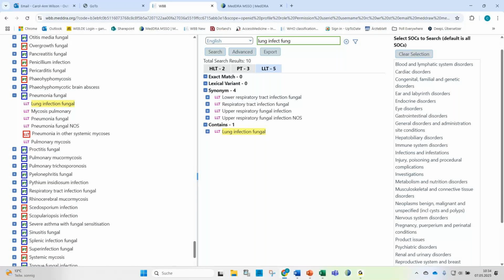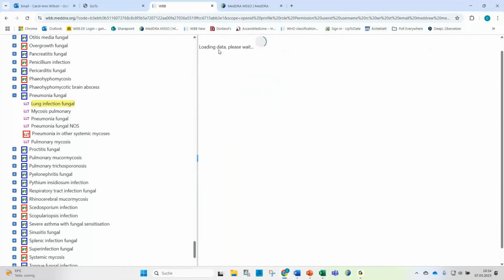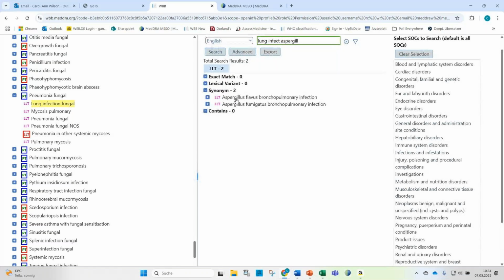Now let's look for a lung infection or the pneumonia lung infection and the specific infectious agents that we have in our verbatim. Here we have the lung infection Aspergillus. We have the Aspergillus fumigatus bronchopulmonary infection, but bronchopulmonary infection is somehow broader than what was reported in our verbatim. So it would also include the bronchi and may not be fully applicable. So let's look for pneumonia instead of lung infection